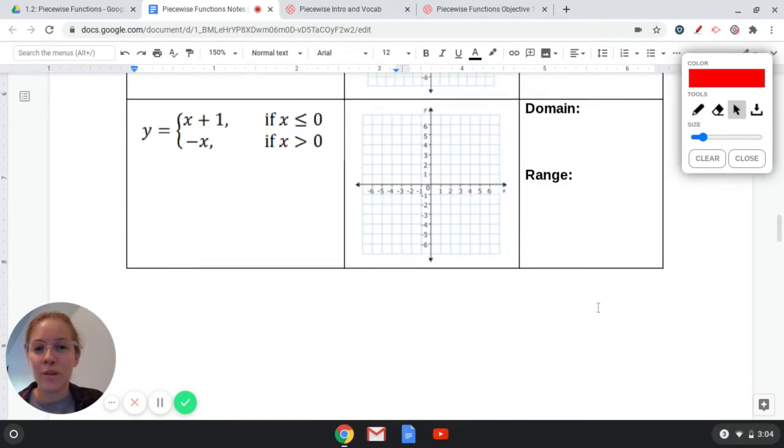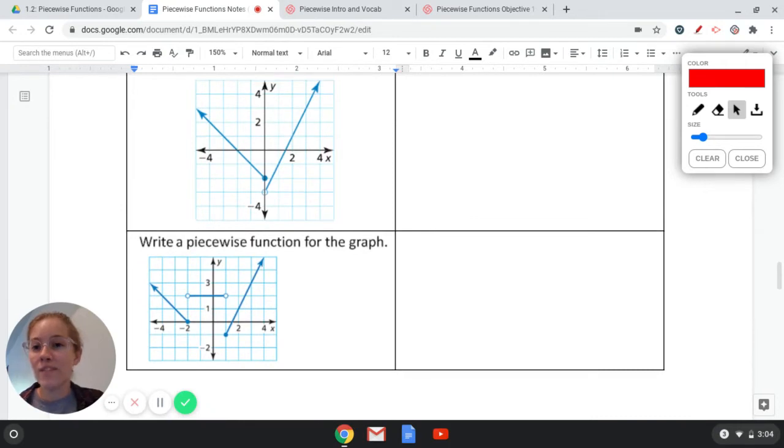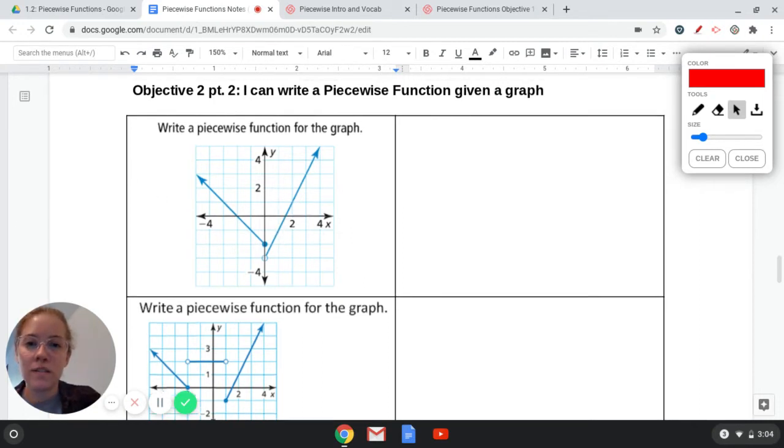But the other two will be shorter. So now, given a graph, can we write the piecewise function for it? My advice is to first figure out your domains, and then find the functions. So you see this will be a domain for this line, and then this line will be a separate domain. So let's go ahead and write f of x,